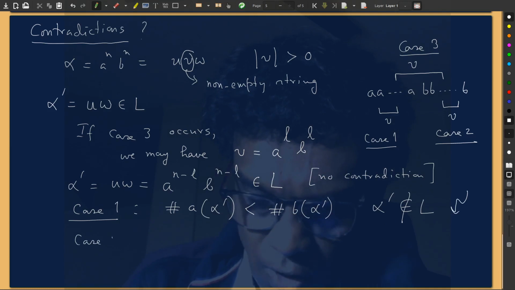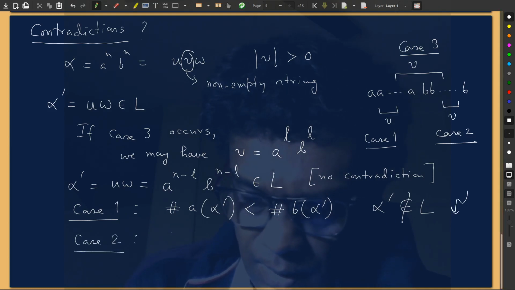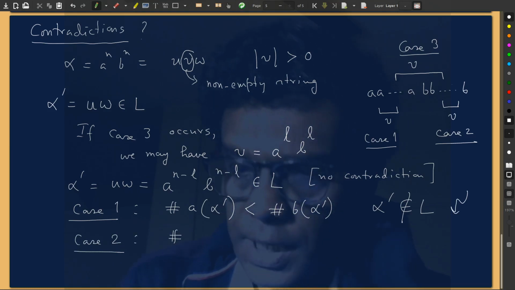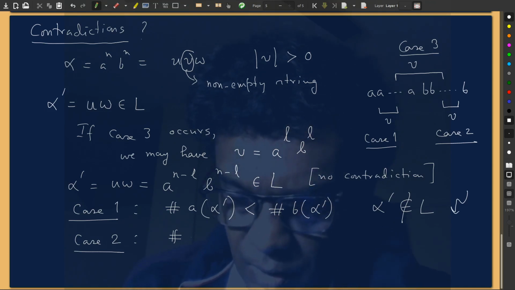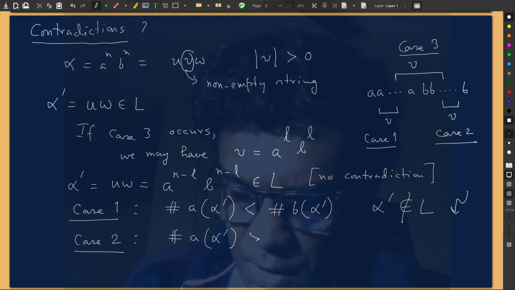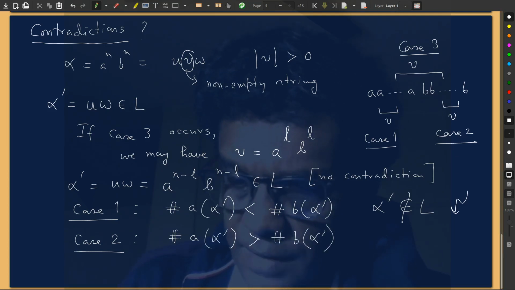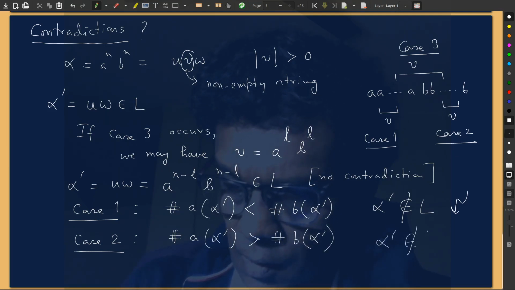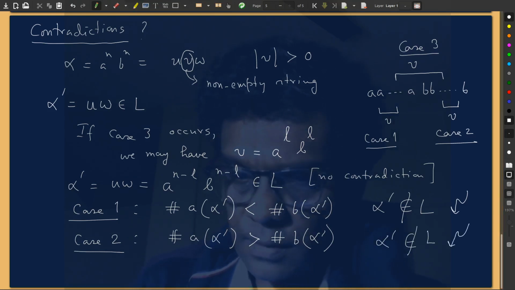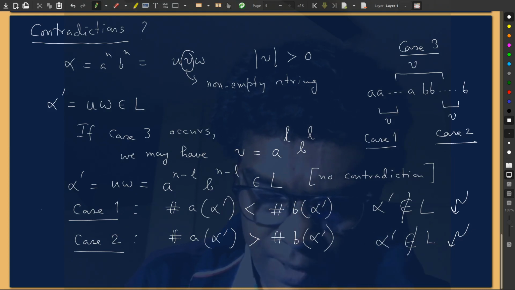Also, if case 2 occurs, you are taking out some of the B's without affecting the block of A's. So the count of A will now be bigger than the count of B, which implies that this alpha prime is not in L. This is again a contradiction, since the machine is going to accept it, and therefore alpha prime must be in L. So we could arrive at a contradiction in case 1 and case 2,